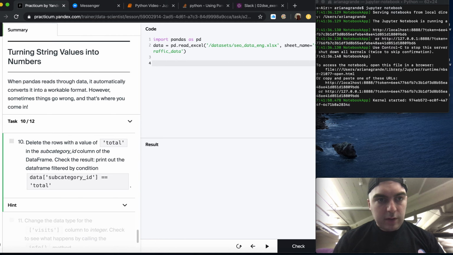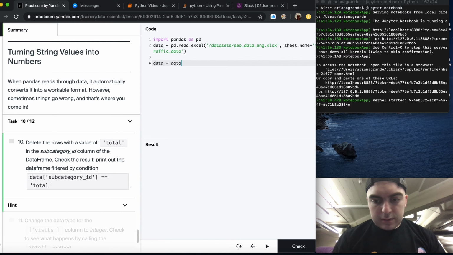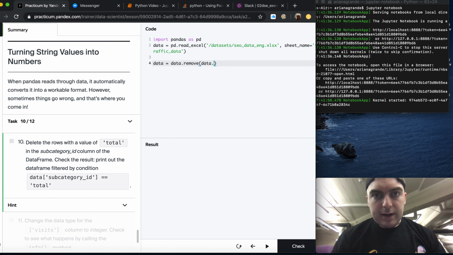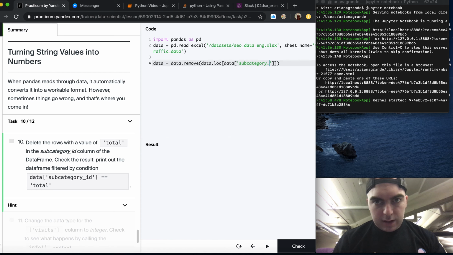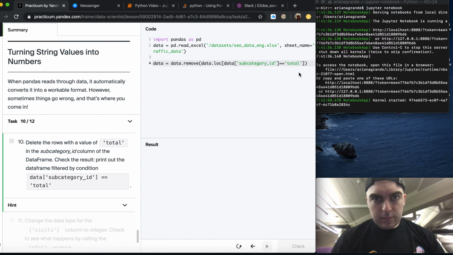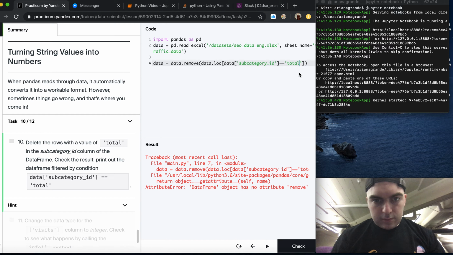Okay, so we should be able to do remove, right? So data equals data dot remove, data dot loc data subcategory ID equals total. So you can't remove like that. Okay, so